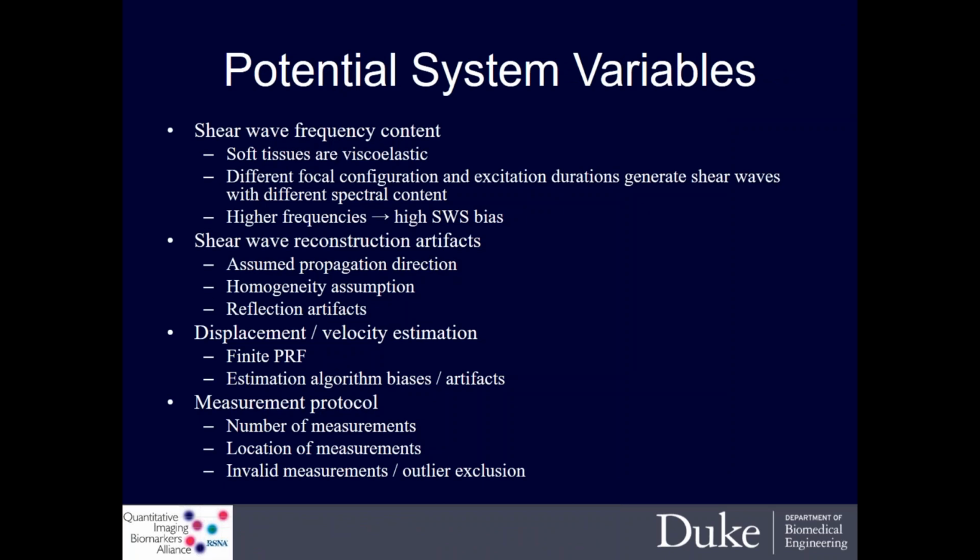There were a wide list and array of system variables that could have been at play when we very first started this effort. One that I'll come back to, and the first one that I actually delineate here, is the fact that the focal configurations that people use to generate their radiation force, both at a given focal depth and potentially at different depths throughout the liver and positions, could have different shapes and morphologies. And that actually leads to different frequency content of the resulting shear waves. And by different frequency content, you could think of that as the shape, how steep the rising edge is, and the general temporal profile could be different between systems.